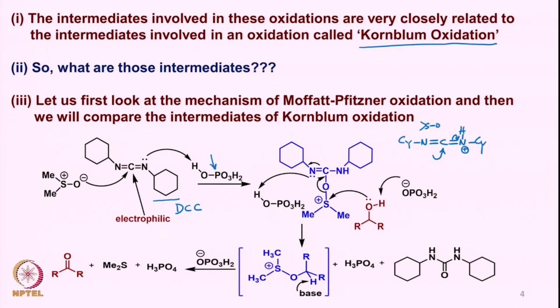So first DMSO attacks, so you have a DMSO here, your methyl here and the methyl here. The DMSO oxygen attacks onto this carbon. This is how it is shown here. So when DMSO attacks onto this carbon, which now has a protonated nitrogen, this is the intermediate that is going to come out. This is a very crucial intermediate, and again now the second nitrogen gets protonated and again forms the same ammonium ion like what we have written here, but now on the other nitrogen, and again this carbon becomes very electrophilic,